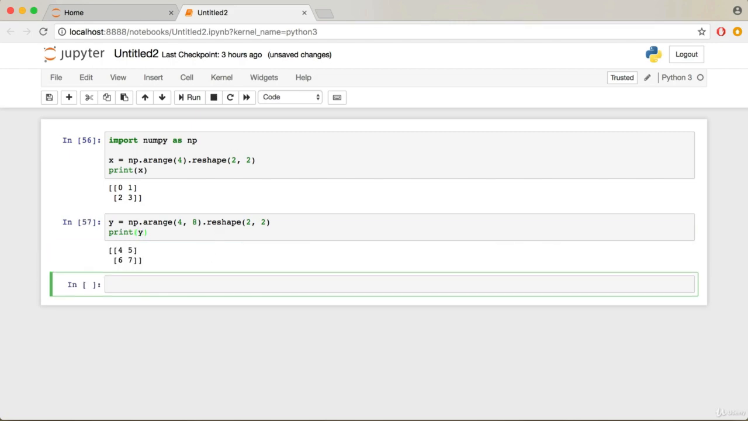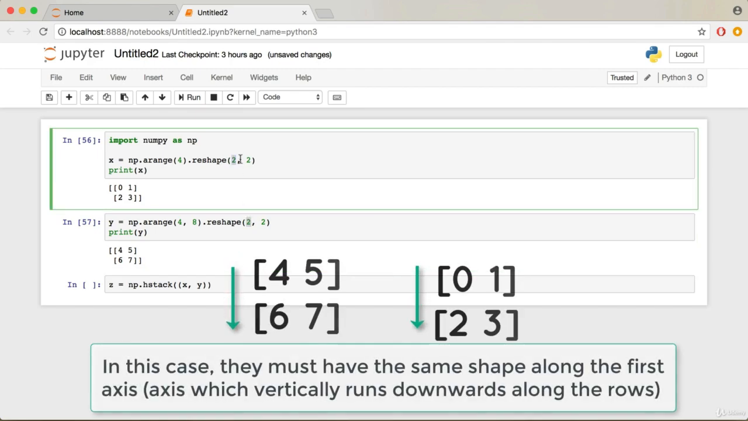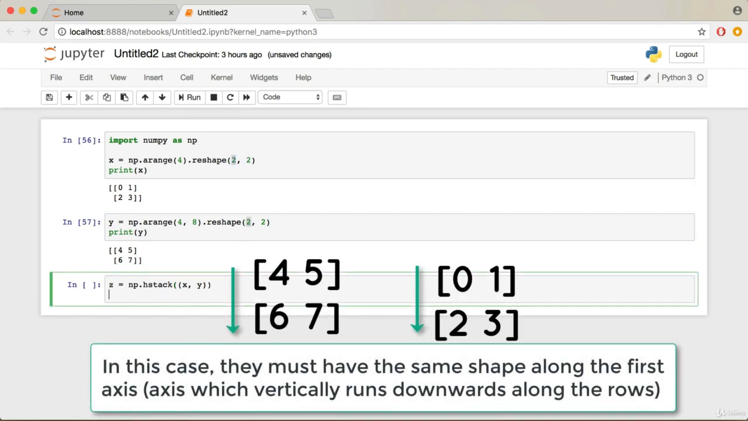And now, with the hstack function, we can horizontally stack these 2 arrays. Set z is equal to hstack. The parameter consists of a tuple of arrays. The arrays will be x and y, and don't forget to use the np alias before calling hstack to access the function itself. Note that for this to work, the arrays must have the same shape along all but the second axis. Outputting z, printing it,